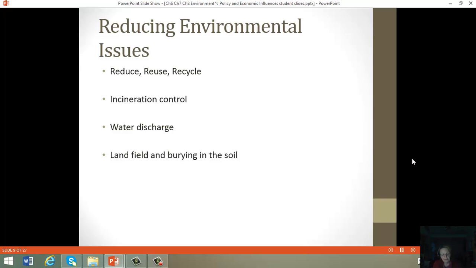Incineration can change a chemical composition through heat and turn it into air pollution, and like ash and smoke, it can be carrying air pollution with it. Water must be treated so that not too many particles of contaminant per molecule are allowed in that water source. And then landfills and burying things in the soil is also, we know, dangerous, but it was a practice that went on for a lot of years, and we are not always able to build over landfills because of the escape of methane gas. And also we either have to have ways to store or dispose or alter chemicals so that they are not dangerous to the